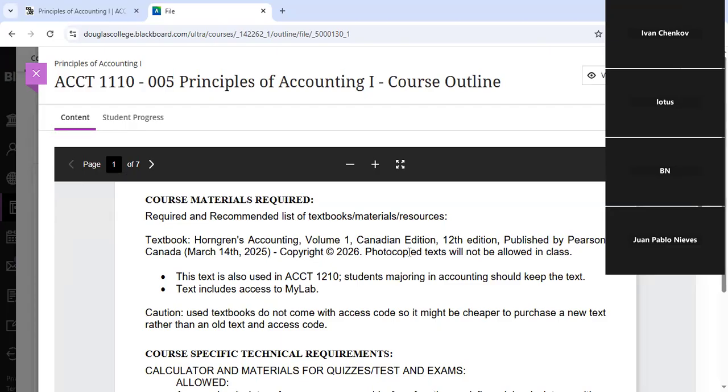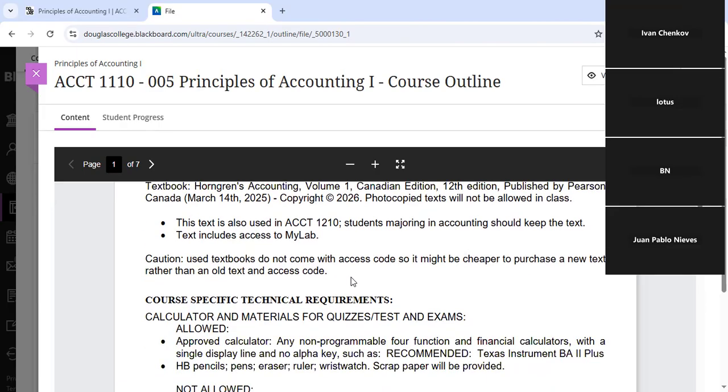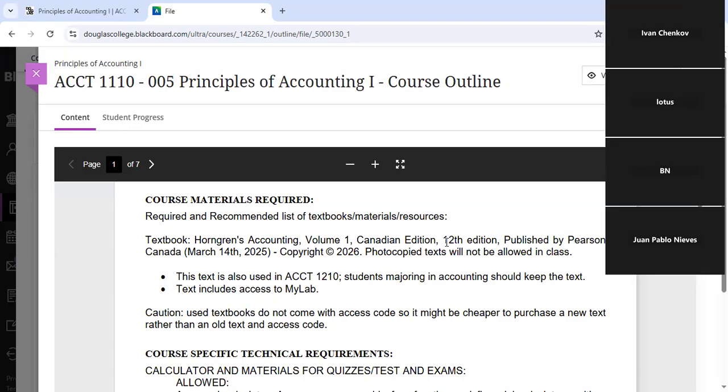Once you purchase that online subscription, you're going to have access to the online version of the textbook. Now, there are options to purchase only the online subscription without the textbook, but you have to check the bookstore. And once you go to the bookstore, choose the 12th edition. Why the 12th edition? The 13th edition started being available mid-April.